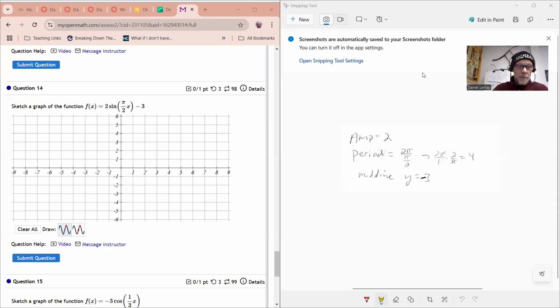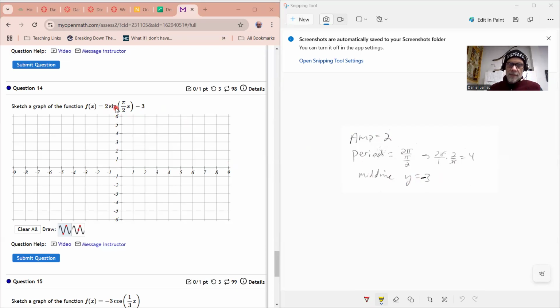So how do I get these sine and cosine graphs to work? Well, I looked at the equation here. Let me get the pointer going. So I see that the amplitude was 2. I see the midline was -3, and then they're telling me the b number is pi over 2, and I